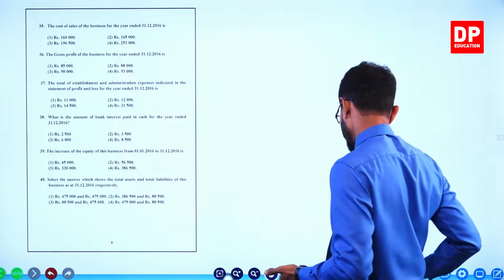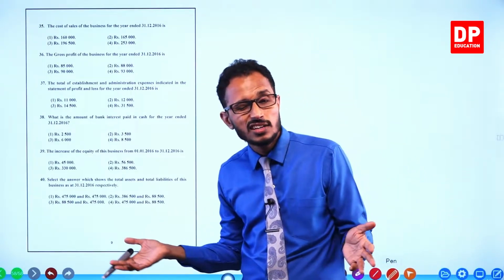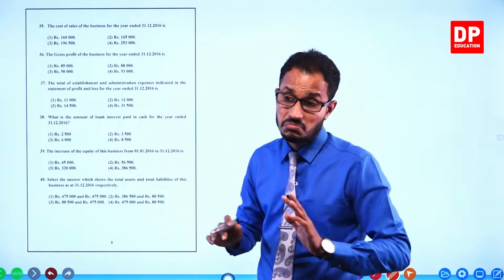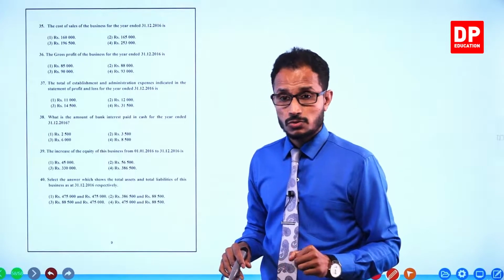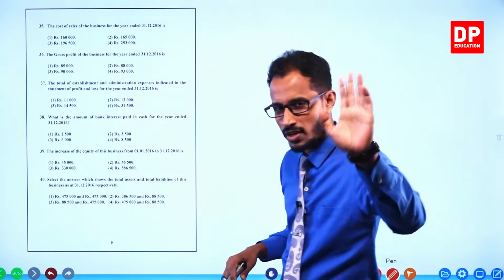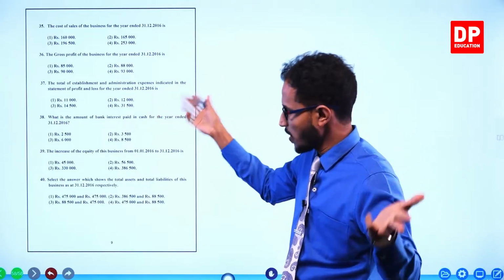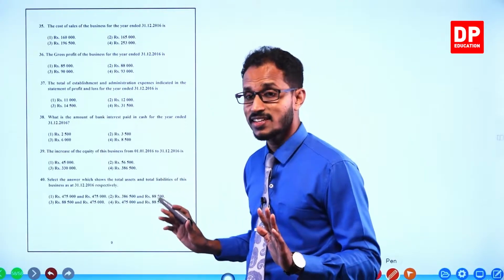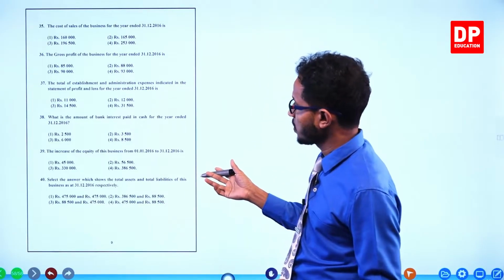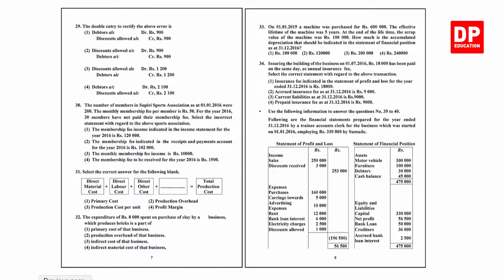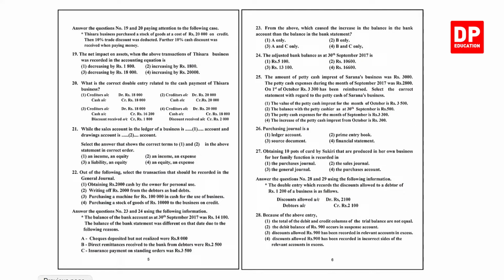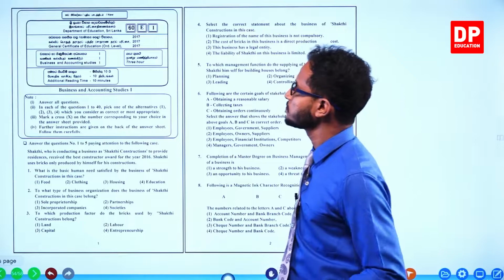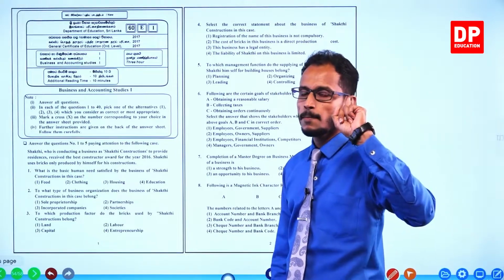These are the questions which most of the students find really hard. They say the last questions are the difficult ones. No, it's easy. Don't worry about that. When we do the paper, you'll find out that it's not so difficult. There are 40 MCQs, 40 marks, 1 mark per question.